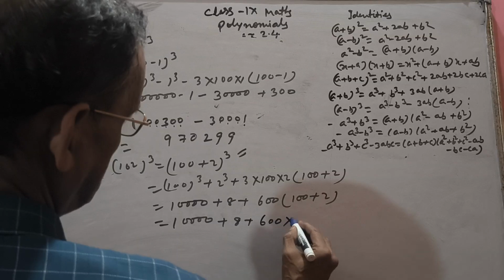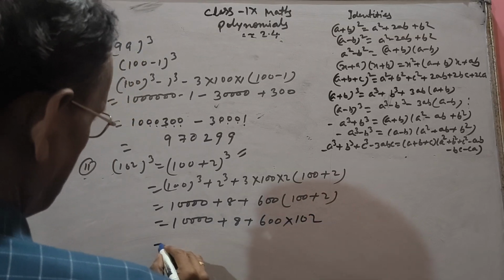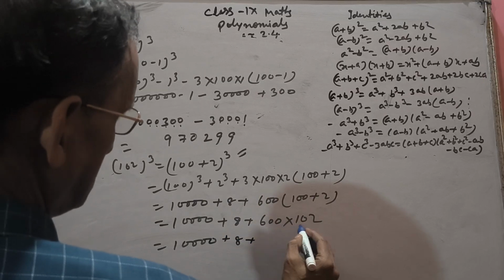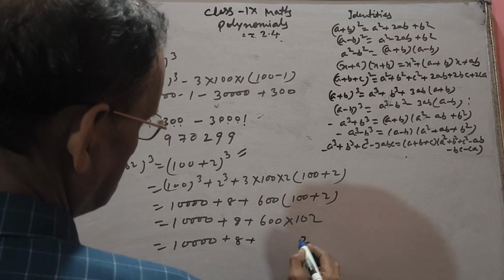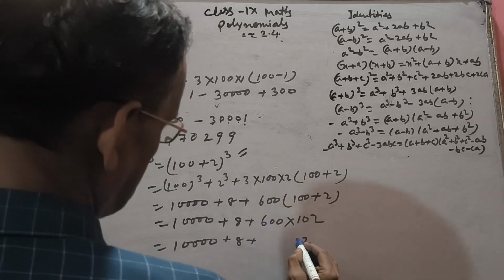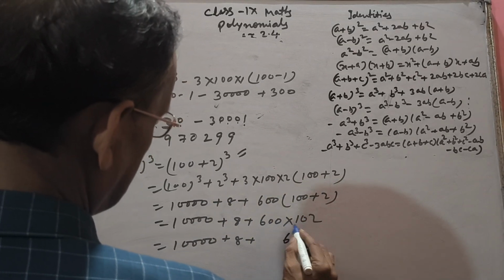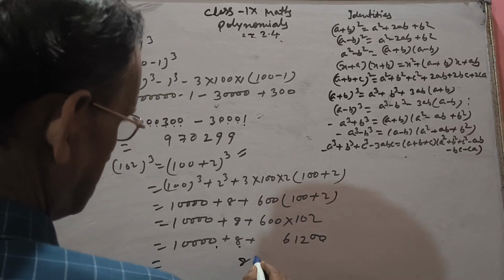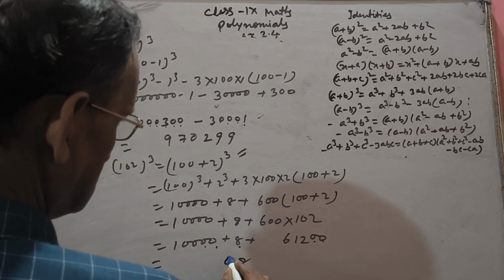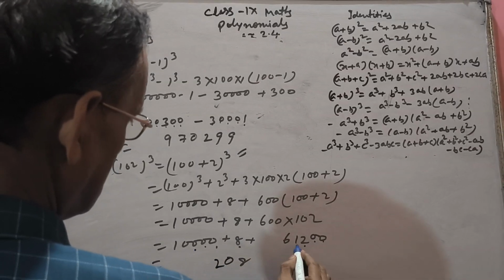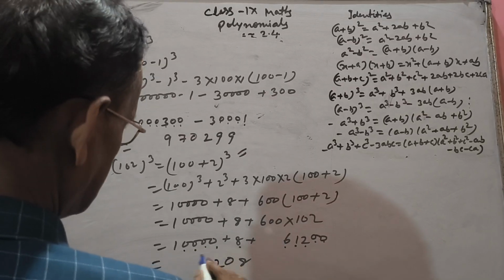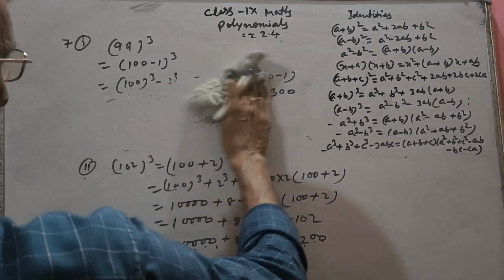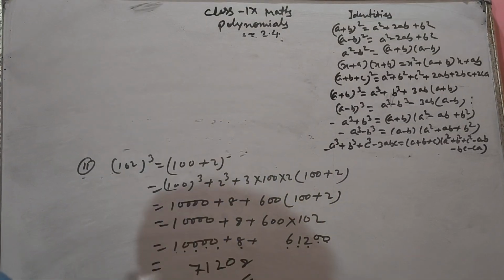140 plus 8 plus 600. You can show the bracket also. 100 plus 2, how much do we get? 102. This 140 plus 8 plus multiply here. 6 times 102 is 612, 2 carry 1, 6 0 1, 6 1 just 6. Double 0. Now add it: 0, 8, 0, 2, 1, 6, 1, 7. Okay? This is number 7.